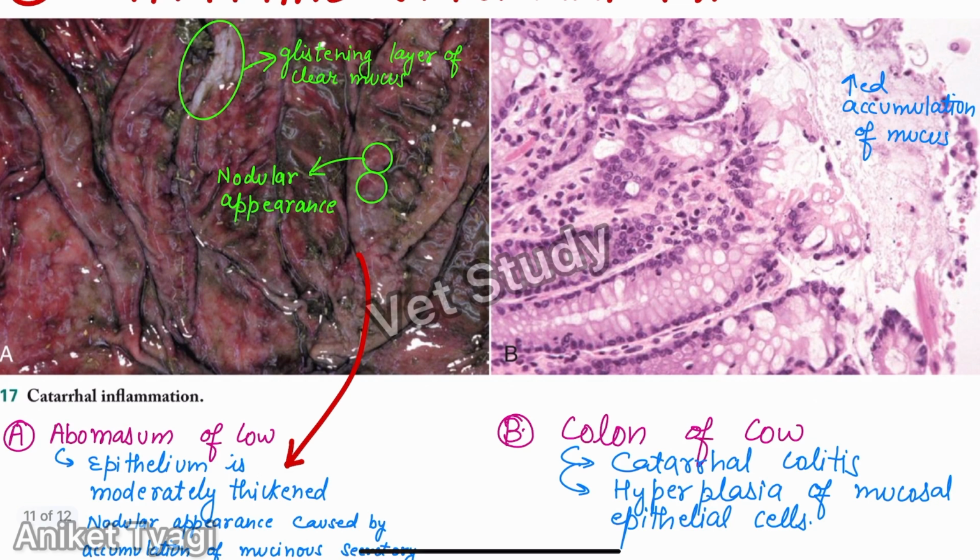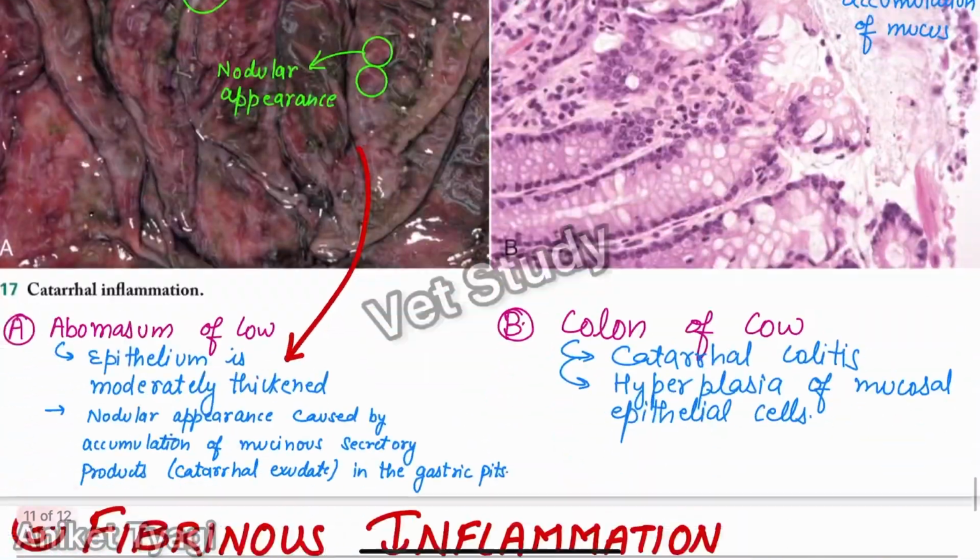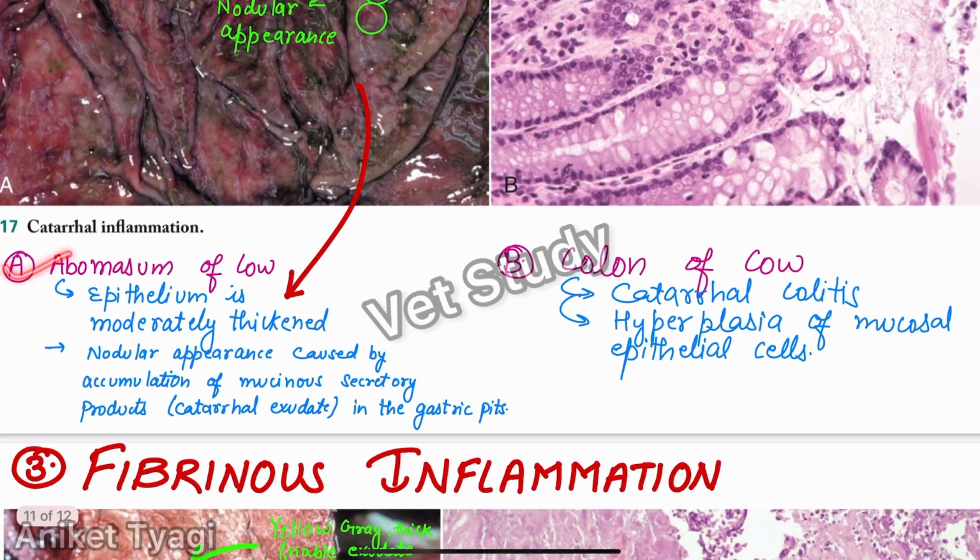And in this diagram you can see there is a glistening layer of clear mucus, and as we have discussed, the fluid is slightly opaque. It is not so clear as in the case of serous inflammation, and there is also a nodular appearance in this. By the way, this is the diagram of the abomasum of a cow, and you can see the epithelium is moderately thickened with a nodular appearance caused by the accumulation of a mucinous secretory product in the gastric pit. So when there is accumulation of mucinous secretory products in the gastric pit, there will be the formation of nodules,